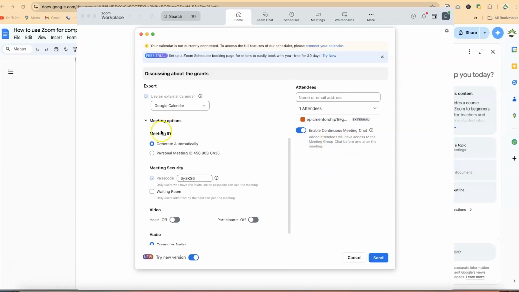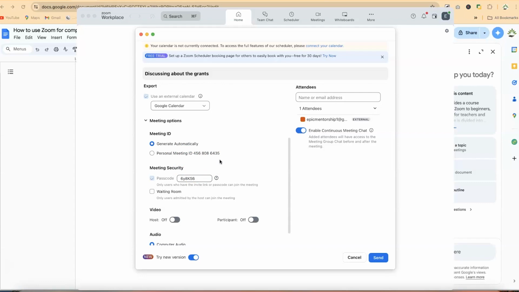So you can see this is the ID. This is my personal ID that we have generated by default within my profile. But if you want to have automatically generated IDs, you can have this. But if you want to use your ID also, you can. This is a password that is going to generate for anybody that wants to join to use this password. So when you want to join any meeting, you have two options to join a meeting, but we'll